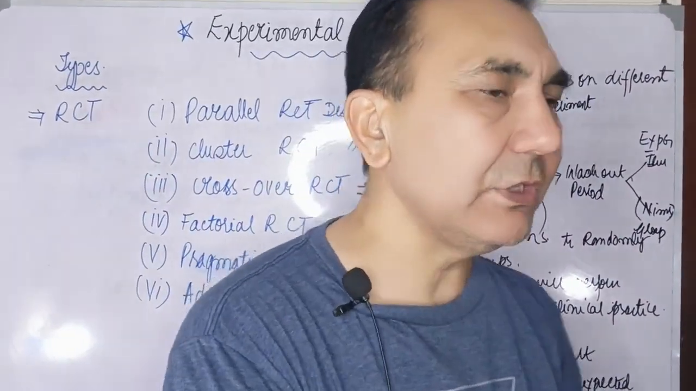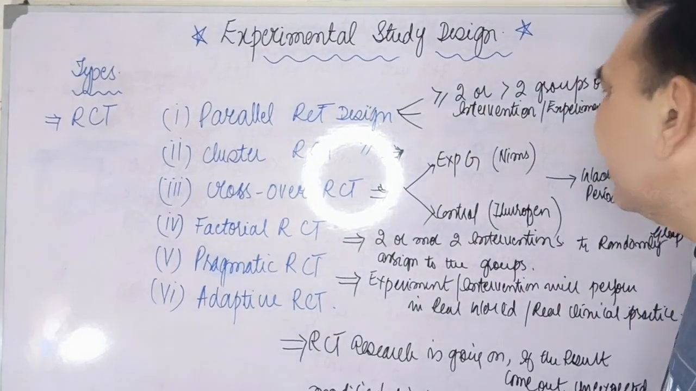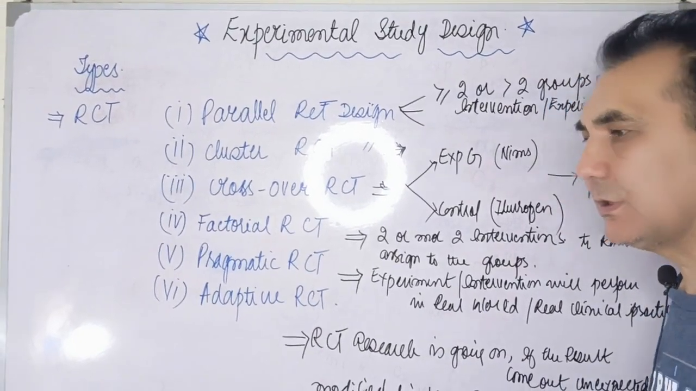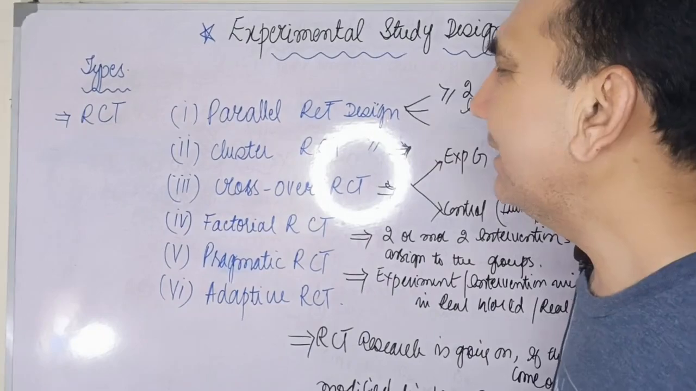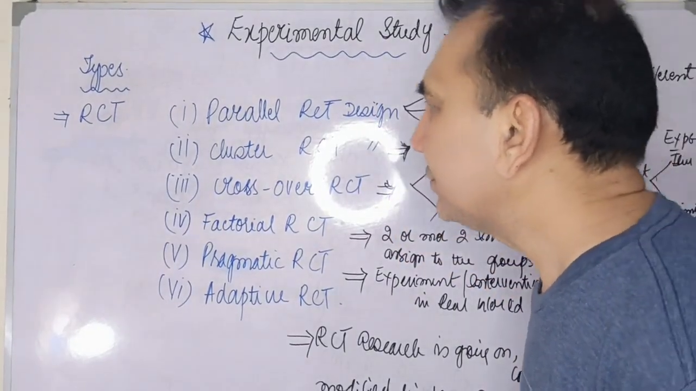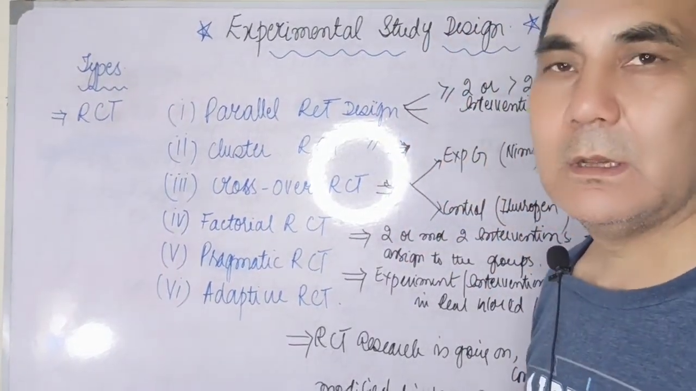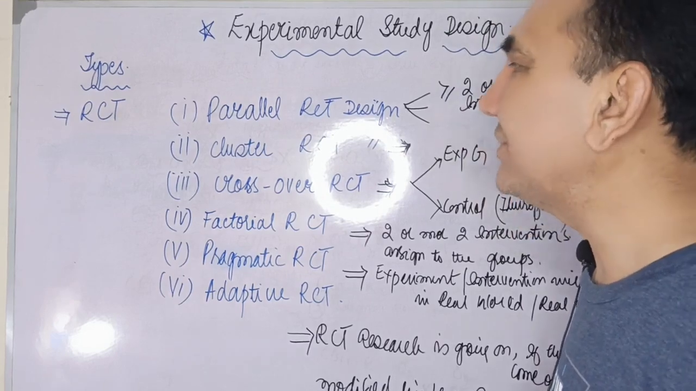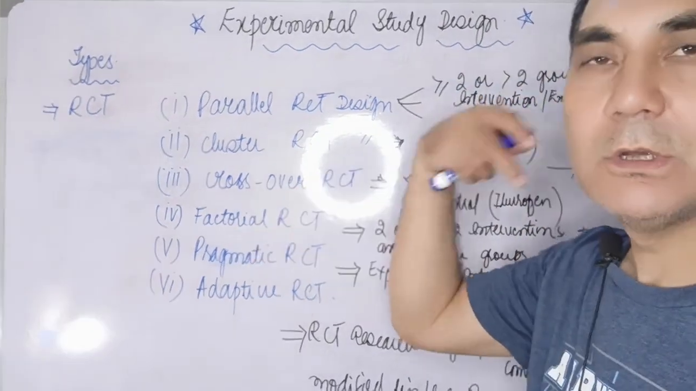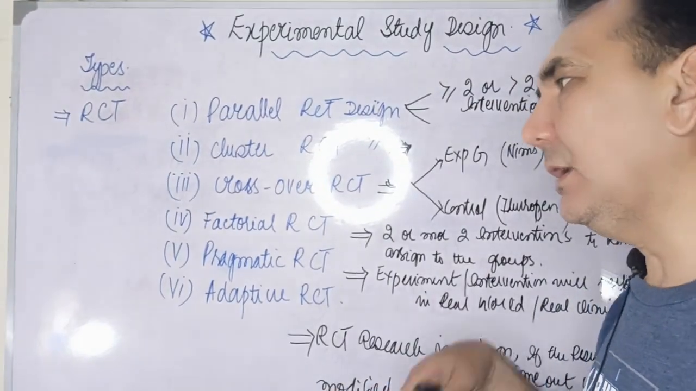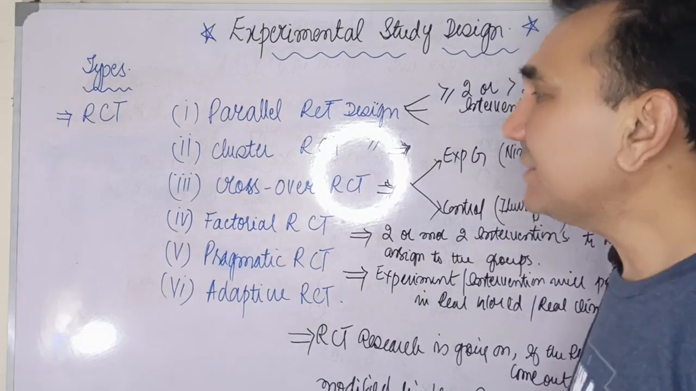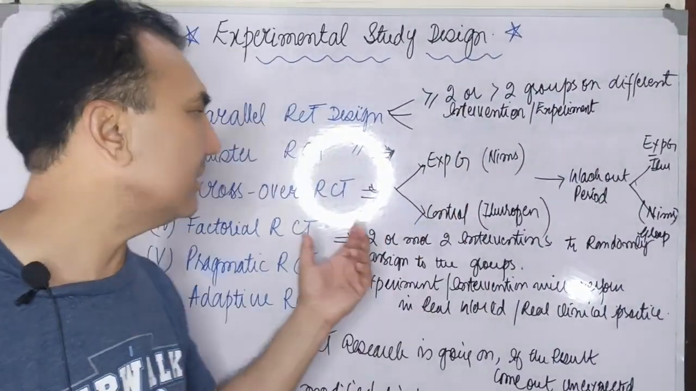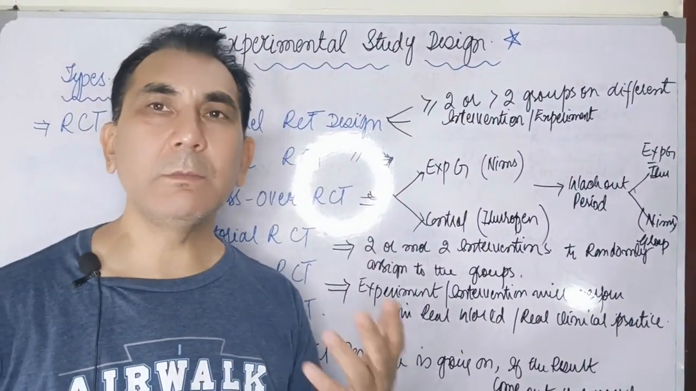In the cluster RCT, the researcher makes clusters of schools, hospitals or communities, and then randomly allocates the interventions, maybe the new or the old, to each cluster, and sees the effects of that intervention in each cluster. Then the third type we learned is the crossover RCT, in which the researcher randomly allocates